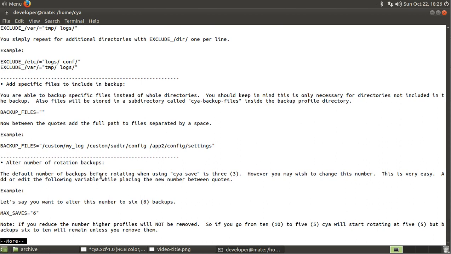The default number of backups before rotating when using CYA space save is 3. However, you may wish to change this number. This is very easy. Add or edit the following variable while placing the new number between quotes. Example, let's say you want to alter this number to 6. That would be MAX_SAVES, all uppercase, equals, and then quote 6